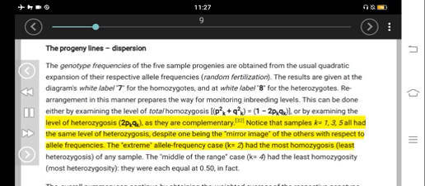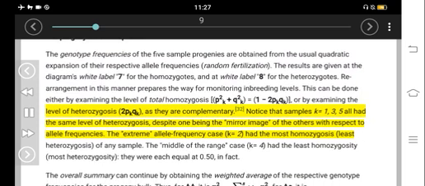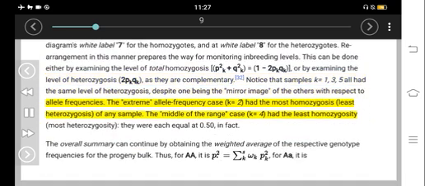The 32 samples K equals 1, 3, 5 all had the same level of heterozygosis, despite one being the mirror image of the others with respect to allele frequencies. The extreme allele frequency case, K equals 2, had the most homozygosis, least heterozygosis of any sample. The middle of the range, case K equals 4, had the least homozygosity, most heterozygosity, they were each equal at